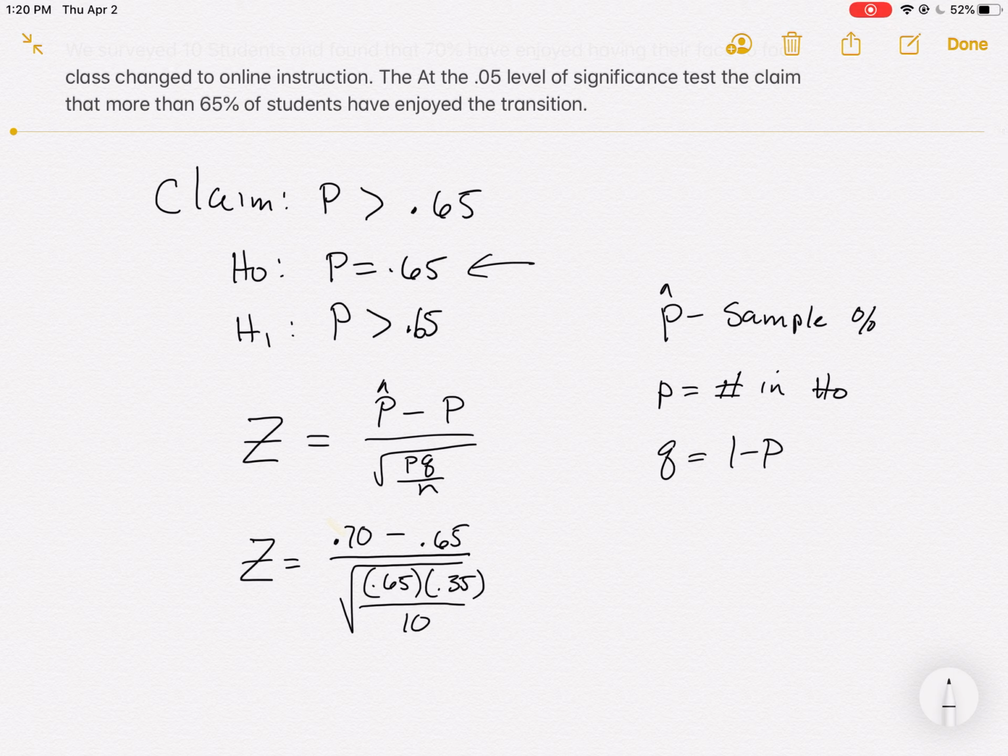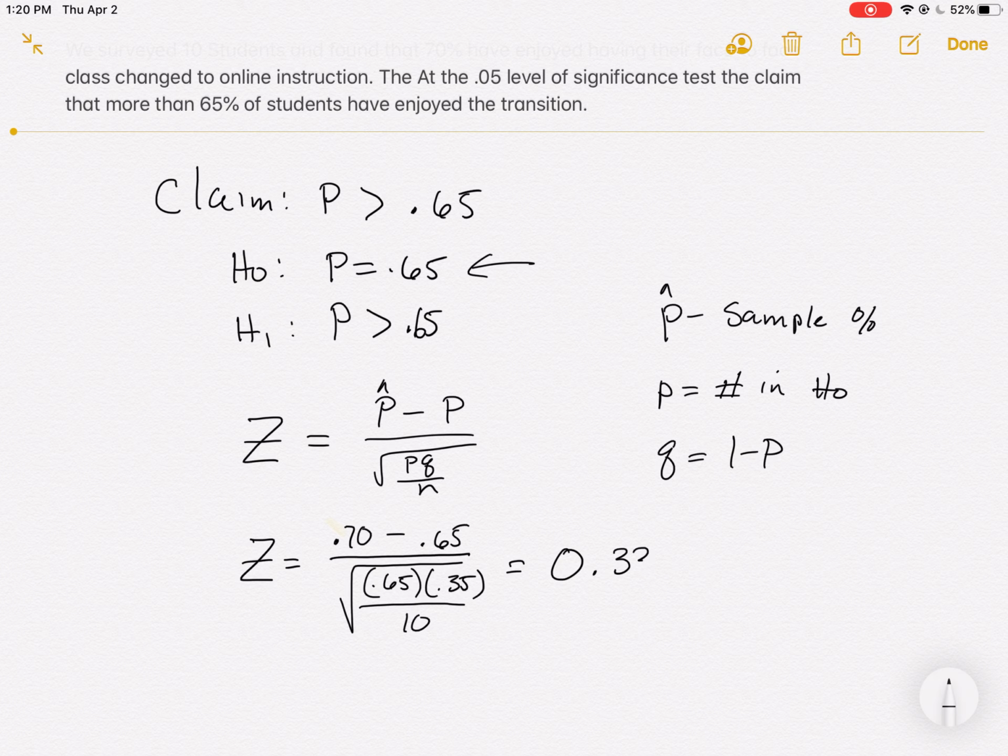Then I'm going to hit divide and get my square root. And then I'm going to be really careful in here. When I put in my square root, it comes with an open parenthesis, so I'm not going to use parentheses anymore. I'm going to simply type in 0.65, use the multiplication button, 0.35, use the division button, 10. And it's going to take the square root of that whole product and division, and then I'm going to hit equals. And I get a z value,